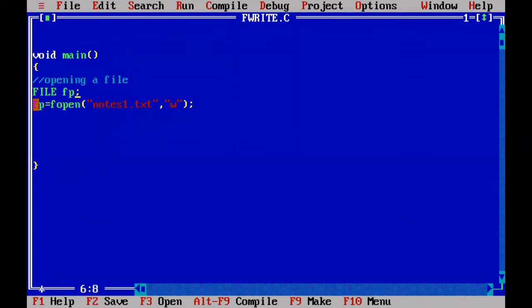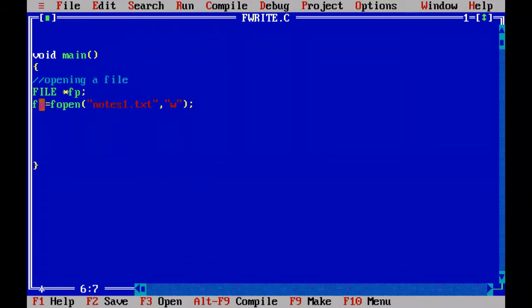fp is an ordinary variable, but we need a pointer variable, so before the fp variable keep one star, so that a pointer variable is created. With that pointer variable, we will hold the link to notes1.txt provided by the fopen function. So the fopen function will return the link to notes1.txt to the left side, and that will be captured with fp. Why hold the link? Because to perform reading and writing operations on notes1.txt, we need a link, because notes1.txt is in the database, but we are accessing it in the program.